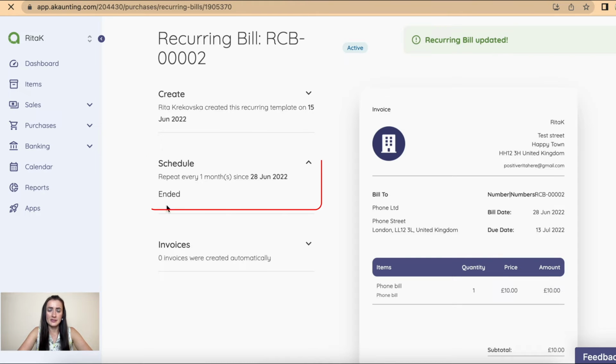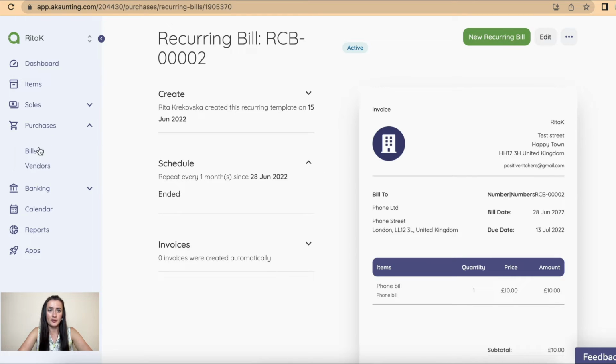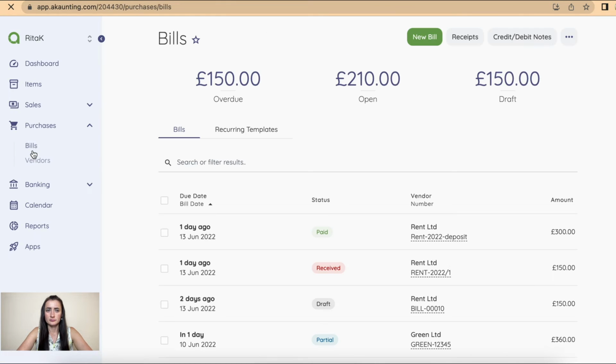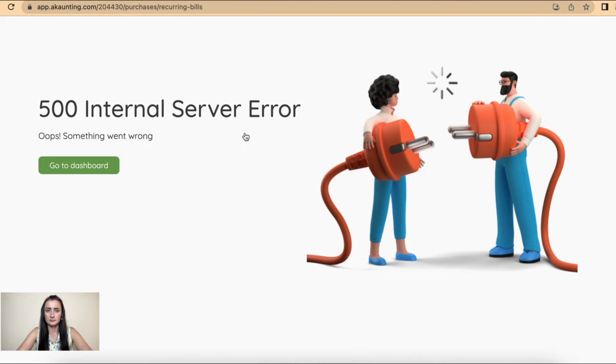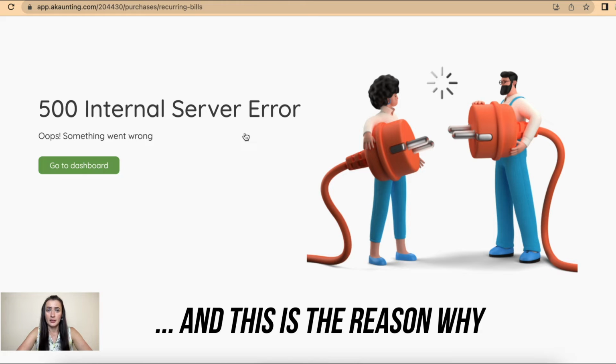Now this recurring template has been ended. So if I go to purchases, to bills, and click on my recurring template, okay, this is how you end also